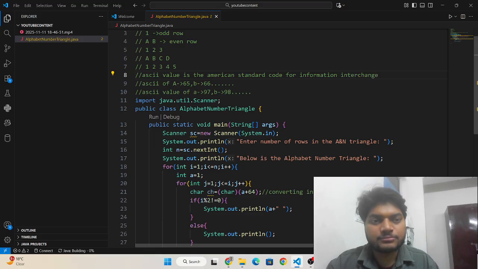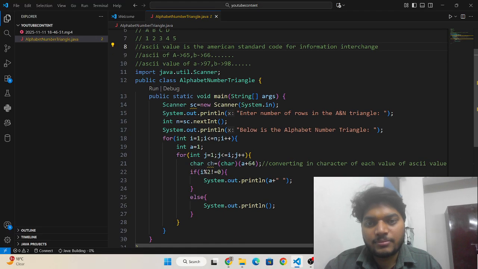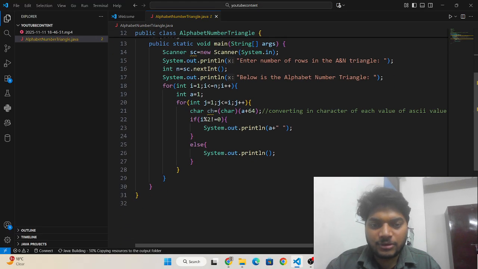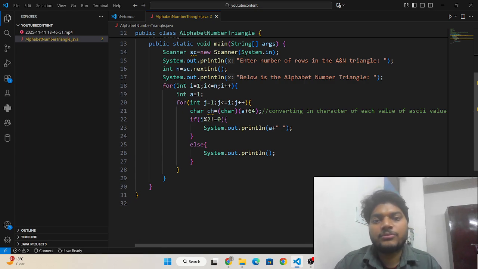If I want to print the alphabet in a particular row, we need to first convert the particular number into the ASCII value of the uppercase alphabet, because I am going to print the uppercase alphabet.